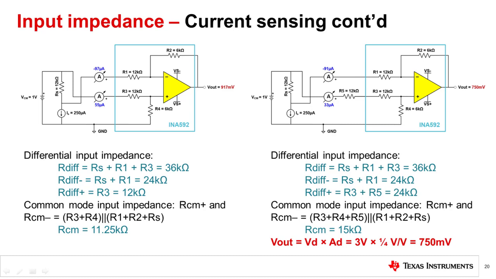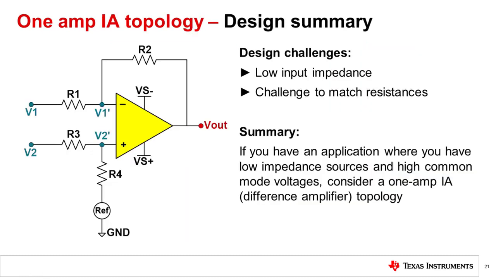In a future video, we will cover a 3-amp IA topology which resolves these input limitations. As simple as this 1-amp IA topology is, it does come with its own set of disadvantages. Beyond the fact that its precision heavily relies on matched resistors, this topology has low input impedance. This circuit will draw current from the signal source, and if the source's output impedance is not zero, it will degrade accuracy. That's not to say that a 1-amp IA should never be used though. They just require extra attention.